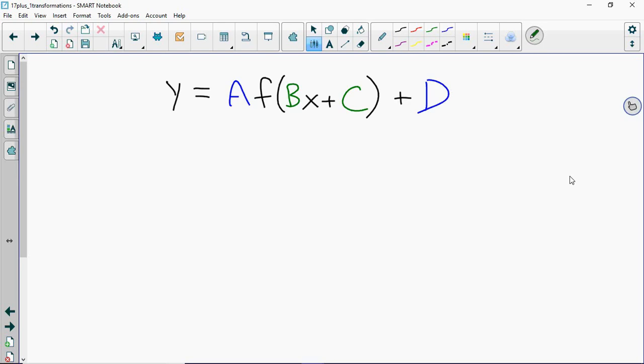I promised that at the end I would try to give an explanation as to why the horizontal transformations tend to not behave well, but the vertical ones do. So for starters, here we have just a very general function transformation. y equals a times f of b times x plus c, plus d. So we've got vertical changes happening in blue and horizontal changes happening in green. So why do the blue ones work the way that we think they should, and why do the green ones work in the opposite? Well, the truth is, that's not really what's happening,